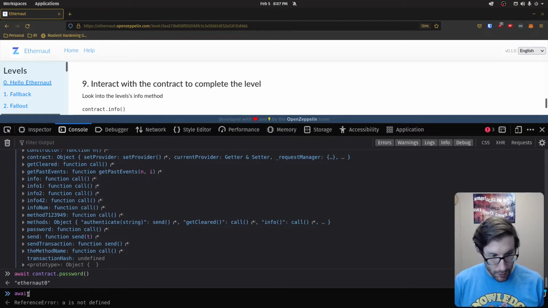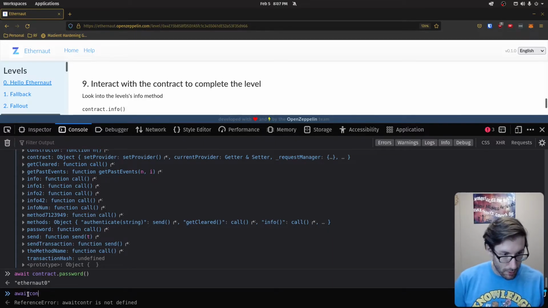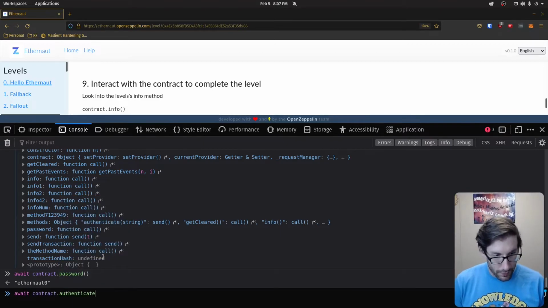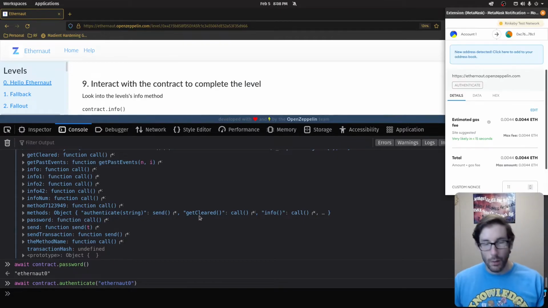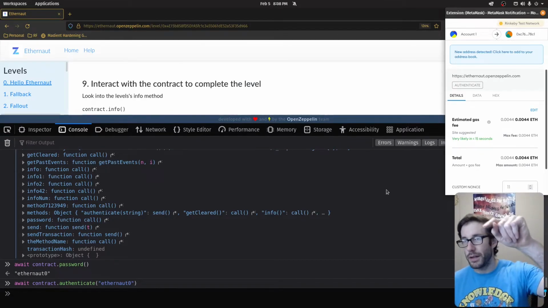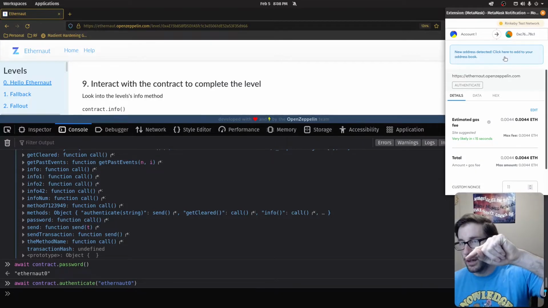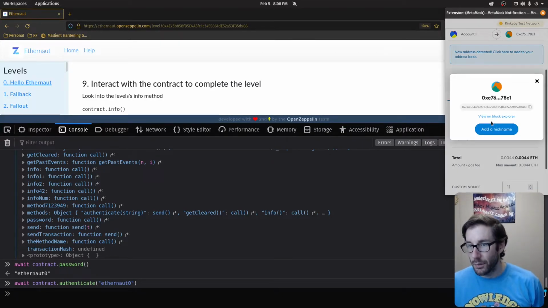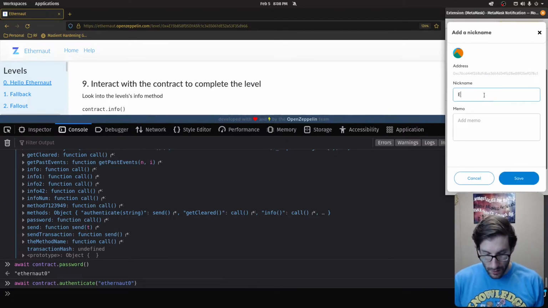Now we're going to want to actually submit that to the correct thing, if I can spell this correctly. So contract.authenticate, and then we're going to put in ethernaut0. Once we've done that, it's going to go off and connect us to a new address. You can see it has a new address here. It clicks here to add this to your address book, and then we can add a nickname here. So we can just say eth2,